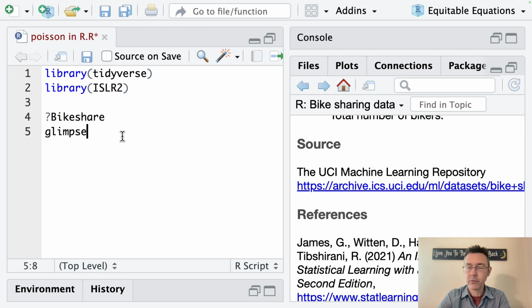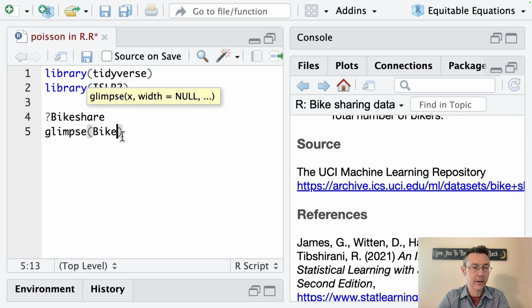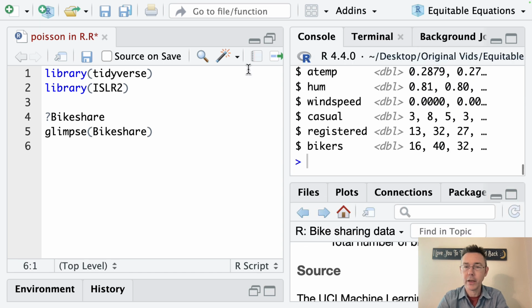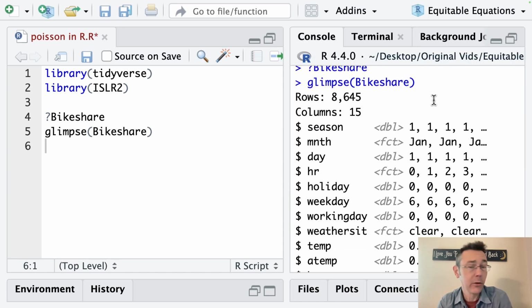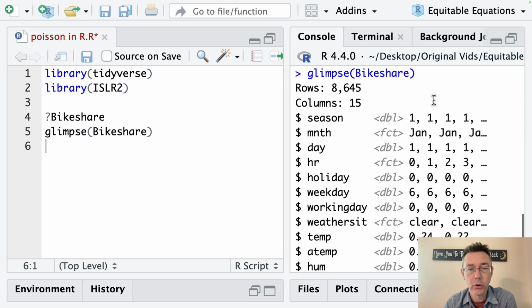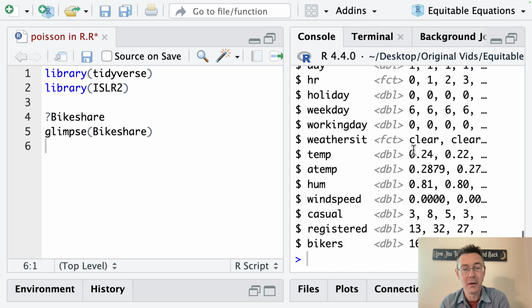We've already loaded up tidyverse, so we have access to glimpse. Let's take a glimpse at bike share, see how this looks. All right, so we have 8,645 rows with 15 variables. So each one of these rows is going to be an hourly observation of things like temp and number of